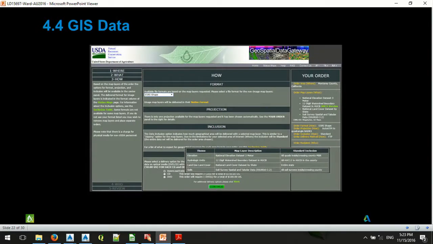Which brings me to GIS. It would be really nice if our clients handed us all of the data that we need, not only for the site, but also for the watershed that our site occupies. But usually that's not the case. And when it's not the case, you're going to have to go online and search down some GIS data stores. The county level is always best. And if you can't find that, the universal backup is to go to the National Resource Conservation Service